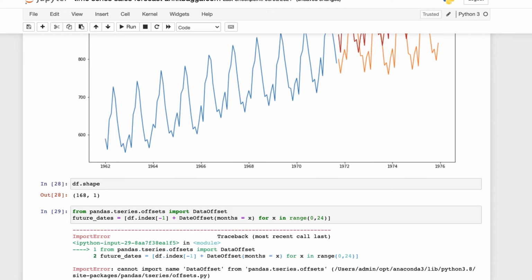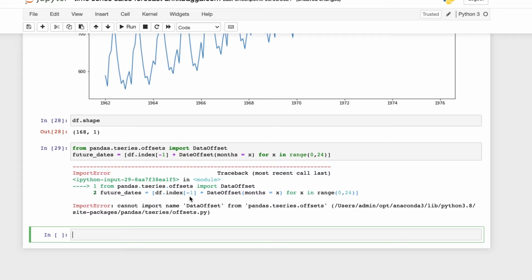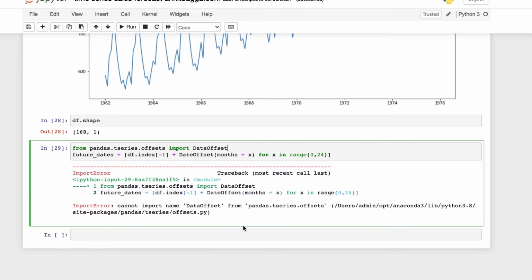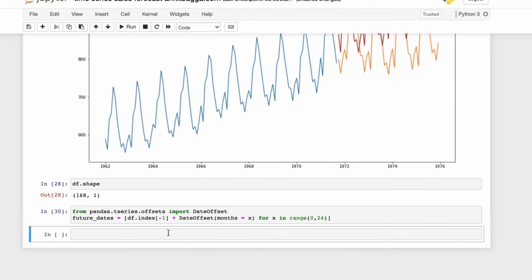Okay, there is some error here. Okay, so now that we have the offset dates, what we now need to do is